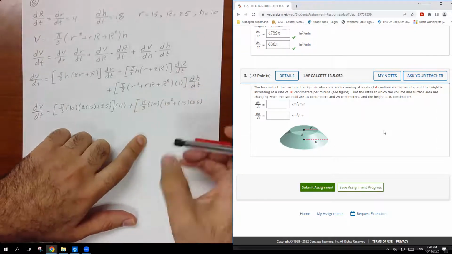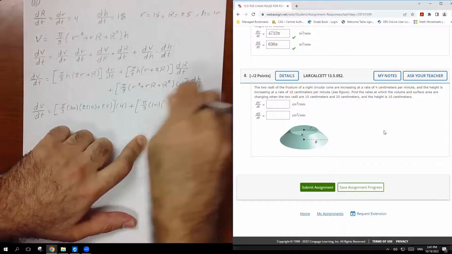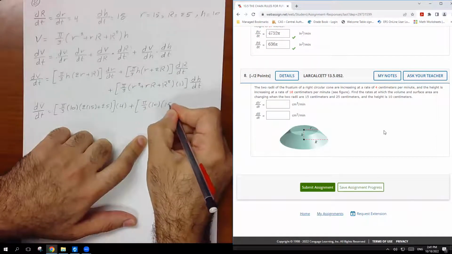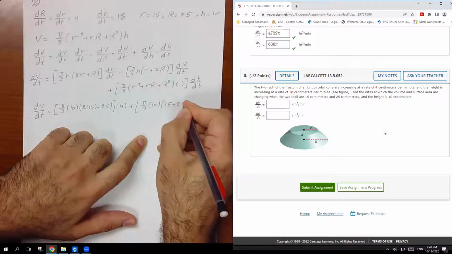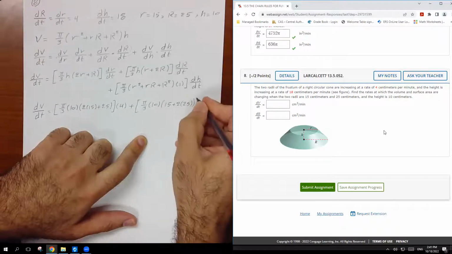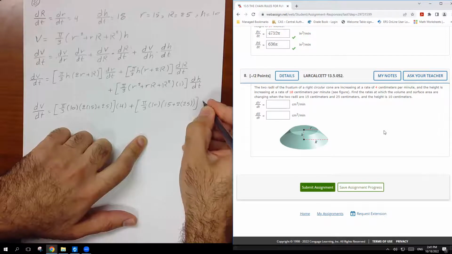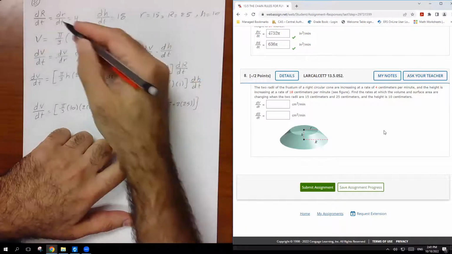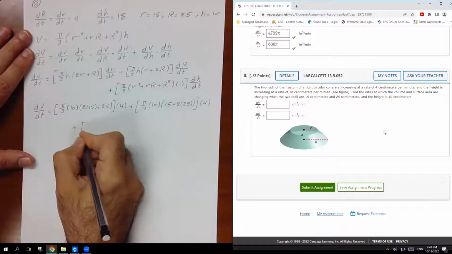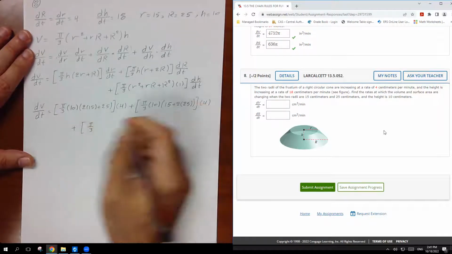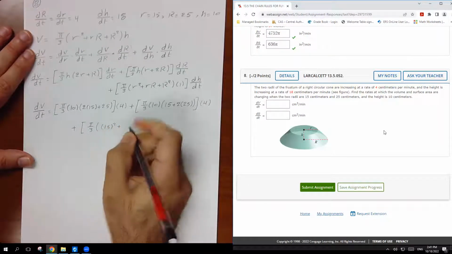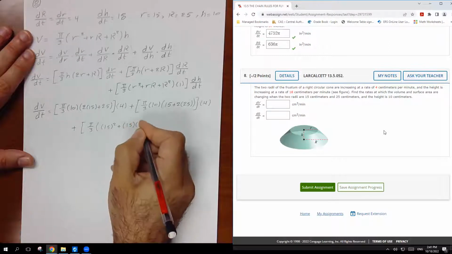No, I have to work on this one. So R is 15 plus 2 times capital R, which is 25, and close the parentheses, and everything here is dr over dt, which is 4 also, and then this one is going to be plus pi over 3, and here is going to be R squared, which is 15 squared plus 15 times 25